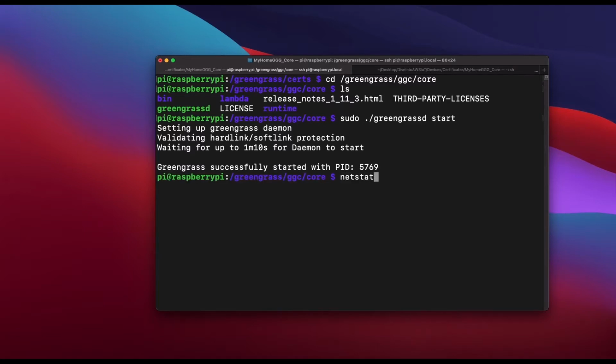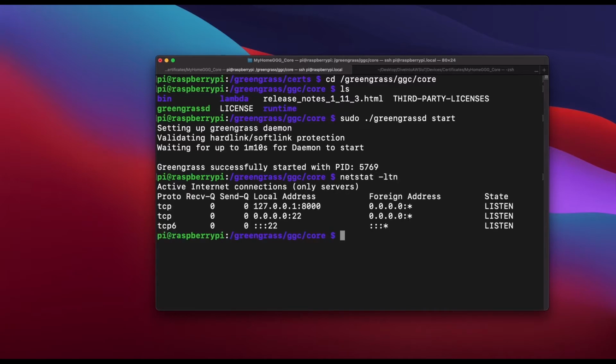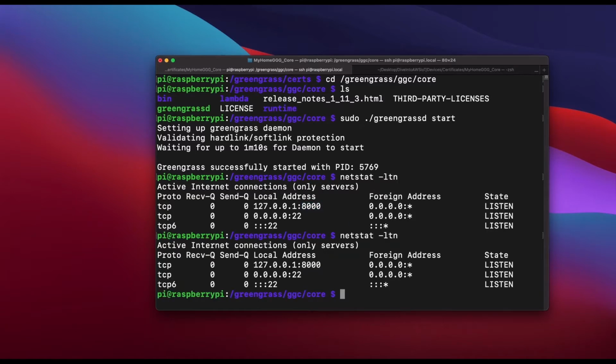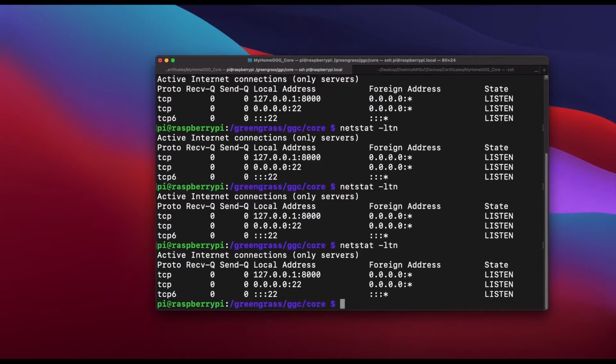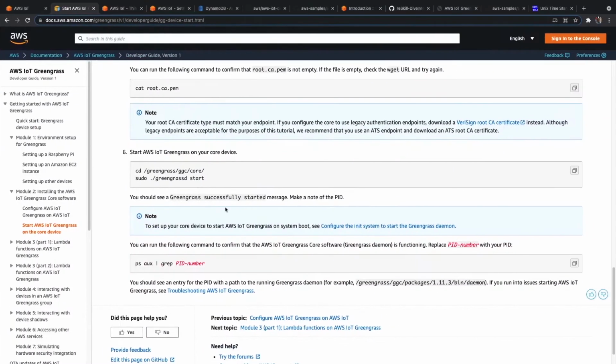This will start it, and if I look at the service, currently it's opening port 8000, but it should also start port 8883 and all that stuff. Okay, the Greengrass has started.